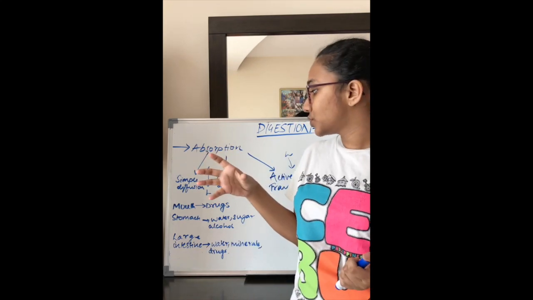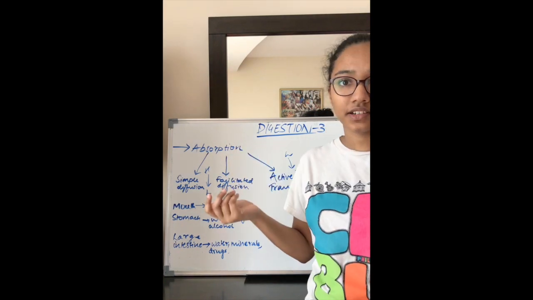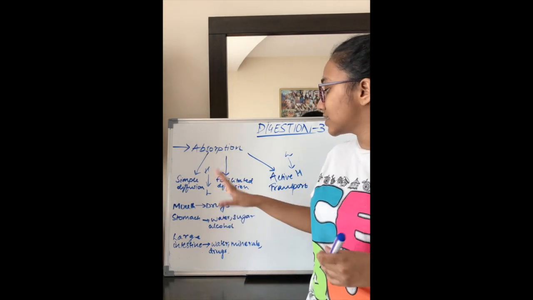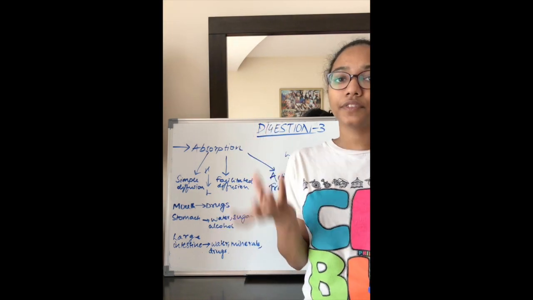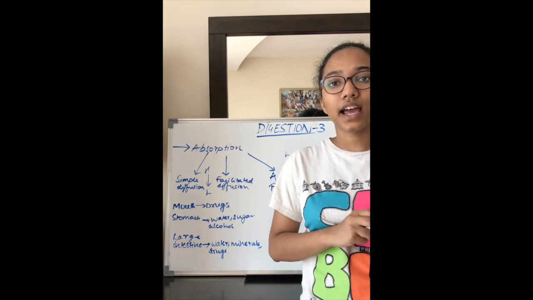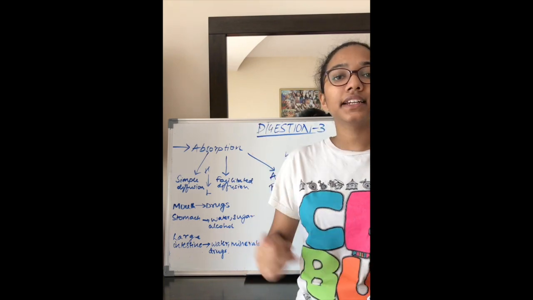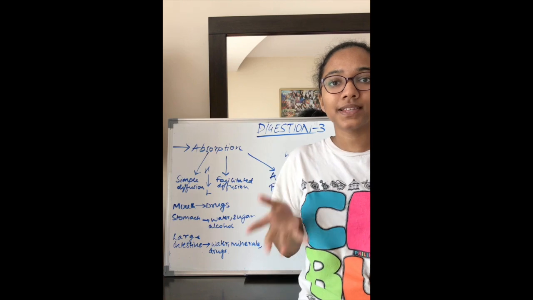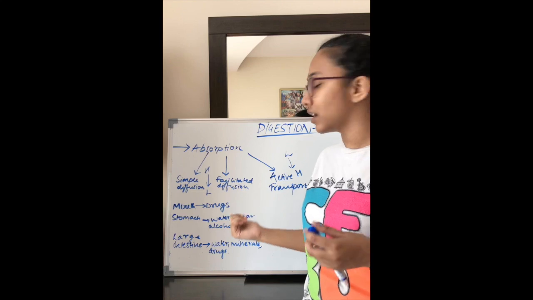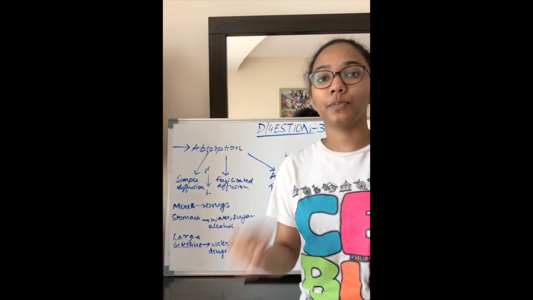That brings us to the last process in digestion, that is excretion or defecation. All the absorbed substances are taken up by the bloodstream, so whatever waste is left moves into the large intestine, as we already studied. In the large intestine, all these waste substances build up in the rectum, and this releases a neural reflex. This passes a message to the brain, which in turn gives a neural reflex to our rectum, which gives us an urge to remove these substances from our body.